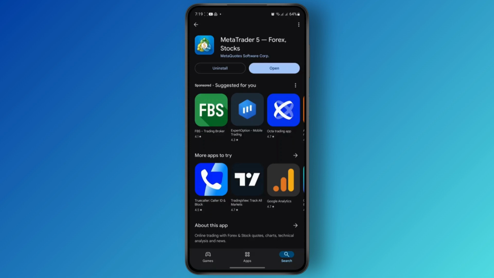In today's tutorial, I'm going to be showing you guys a quick and easy way to log into MetaTrader 5